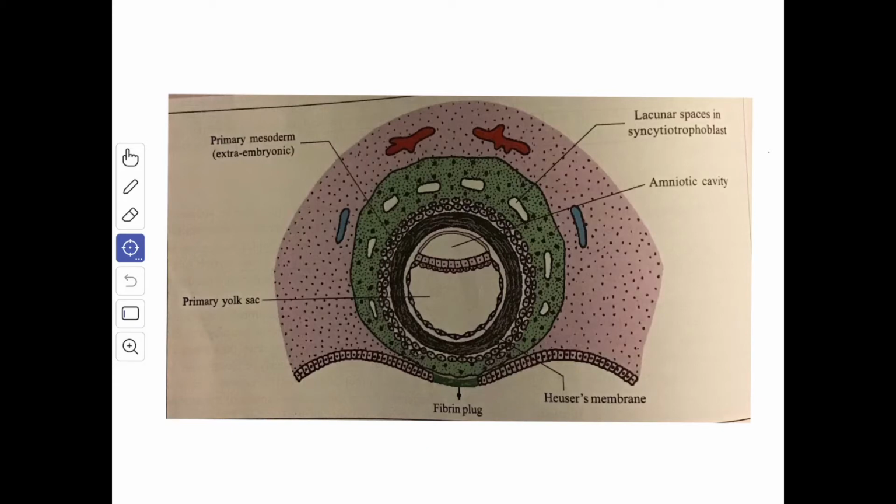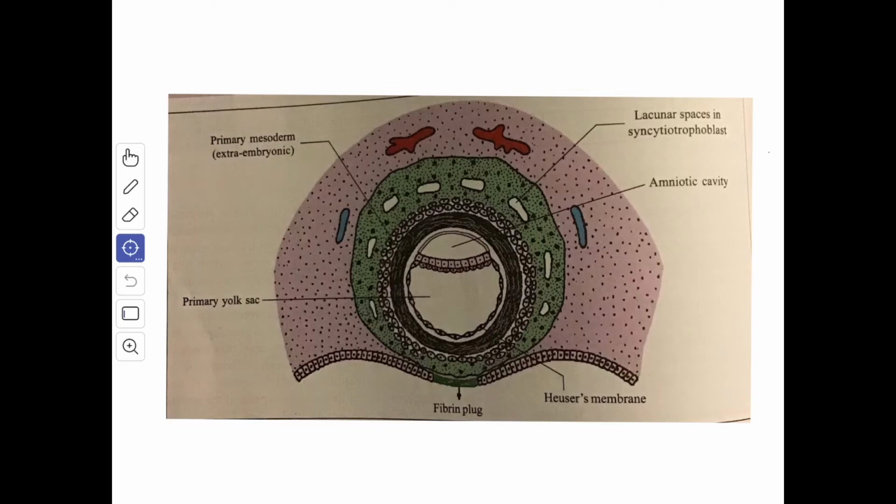The portion of the decidua at the embryonic pole of the blastocyst is called the decidua basalis. The part covering the abembryonic pole is called the decidua capsularis, and the decidua covering the uterine cavity is named the decidua parietalis. The implantation of the blastocyst provides nutrition to the growing embryo from the maternal blood, initially by diffusion and later through the development of the placenta.